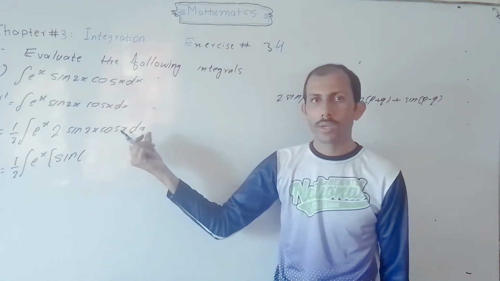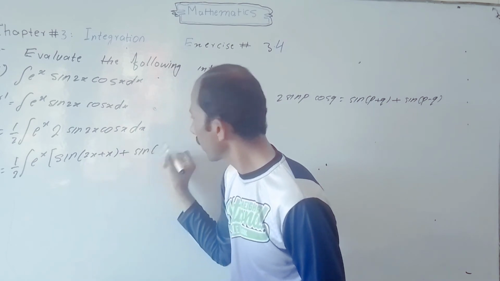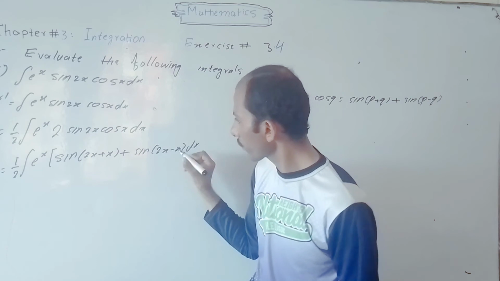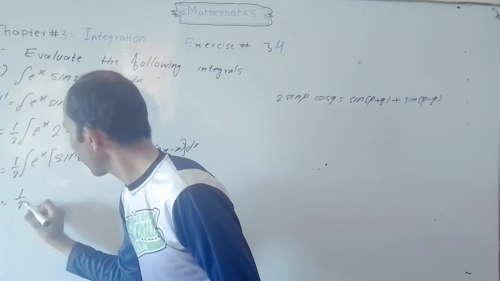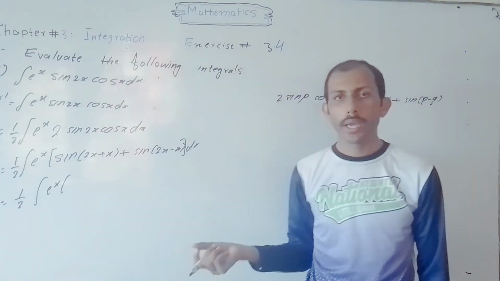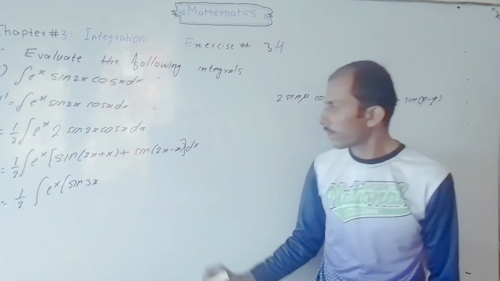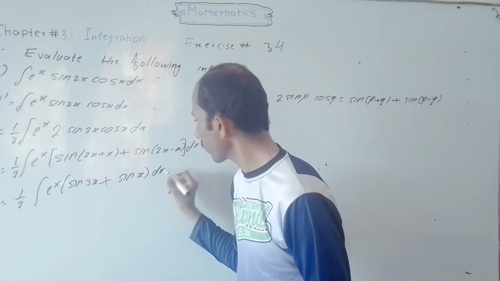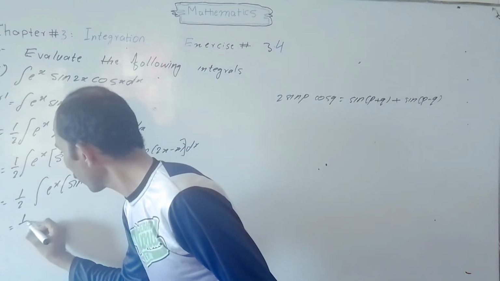It means 2x plus x plus sine 2x minus x into dx, which is equal to 1 divided by 2 integral e power x into sine 3x, 2x plus x is equal to 3x, plus sine x into dx, which is equal to 1 divided by 2